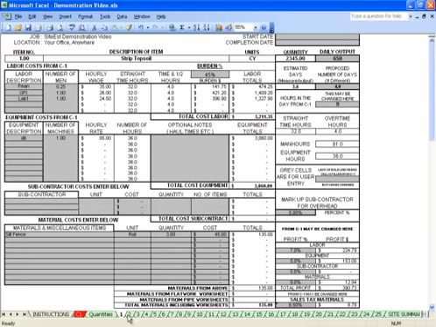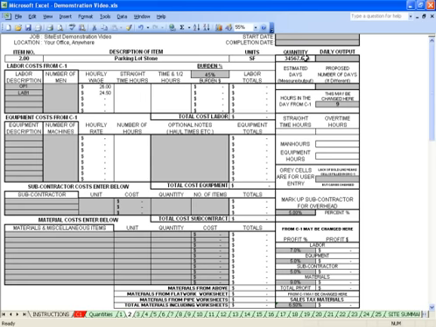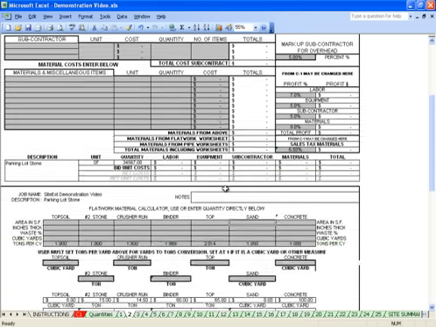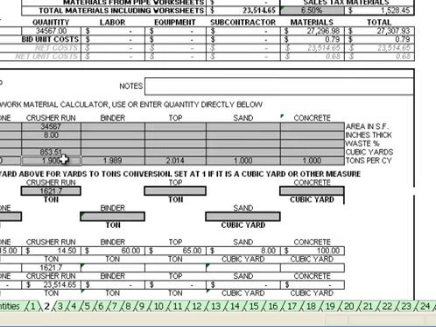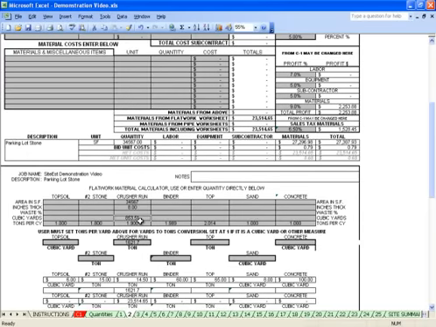Next item, parking lot stone. Remember I said I was going to do this in square feet to show a worksheet? Well, the worksheet's right here. If I have an area in square feet of 34,567, and inches thick of say 8 inches, no waste, but I do 1.9 tons per cubic yard, I find that that gives me 853.5 cubic yards of crusher run,